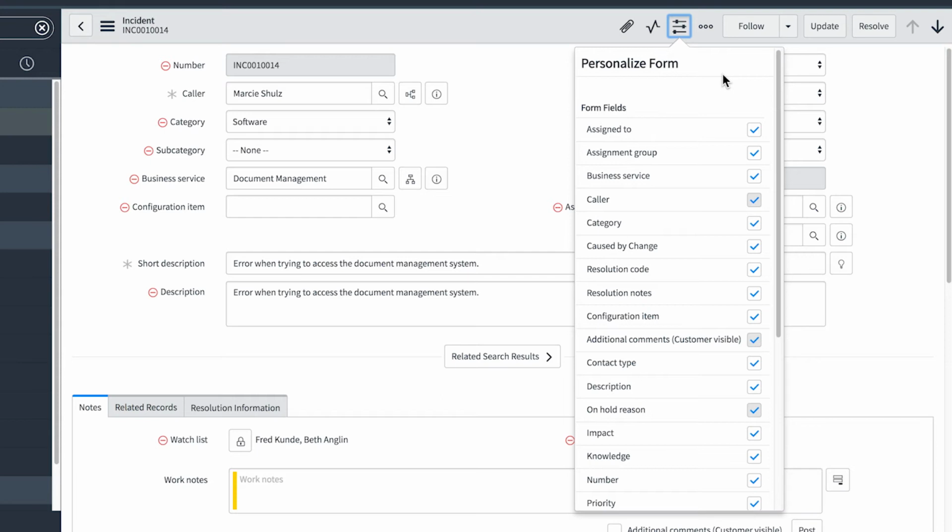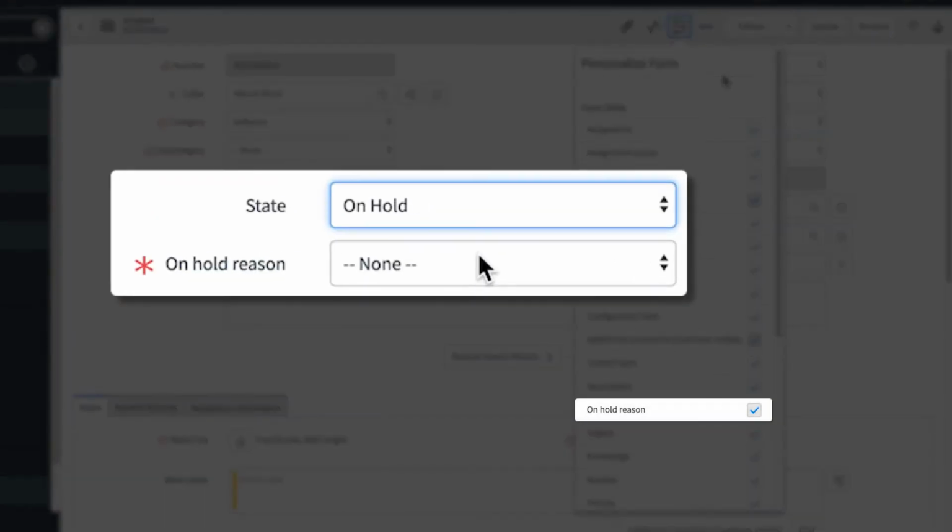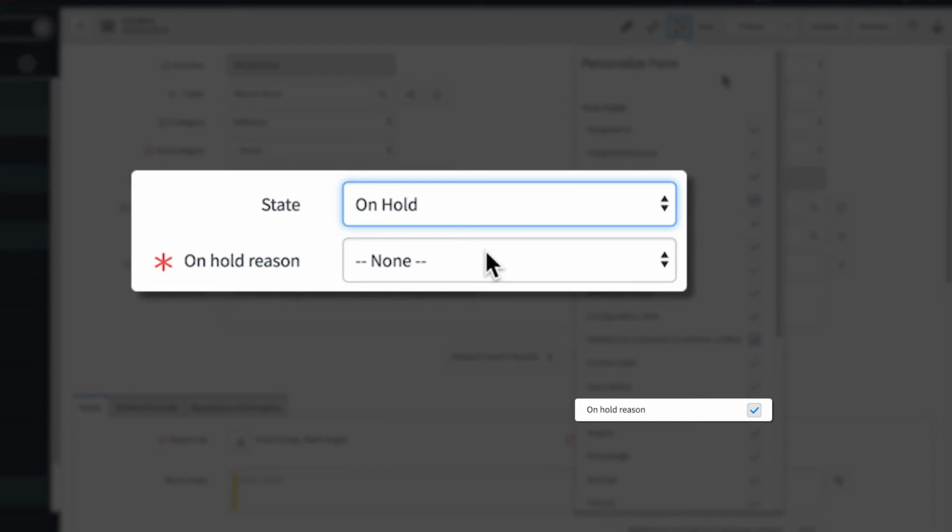Currently, they're all selected. Checkboxes that are shaded and selected indicate that those fields cannot be hidden because they're required or are already hidden by UI policies or client scripts. For example, caller is a required field, and as we saw earlier, on hold reason is hidden unless the state